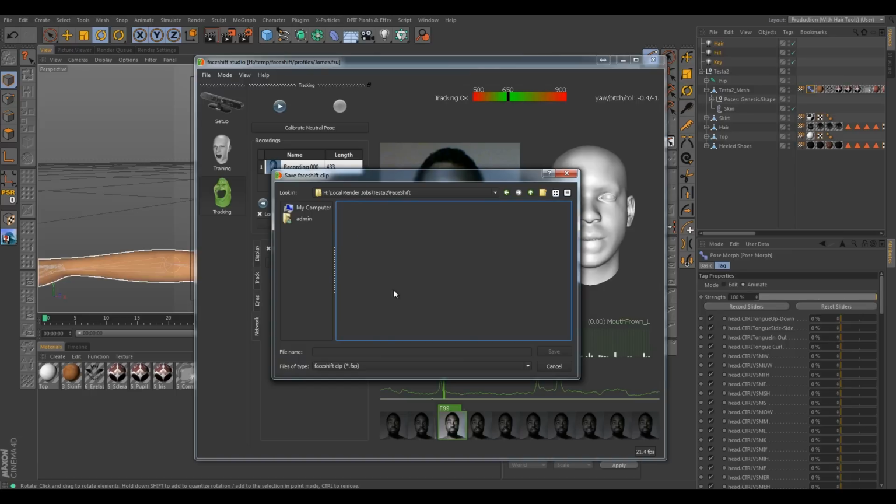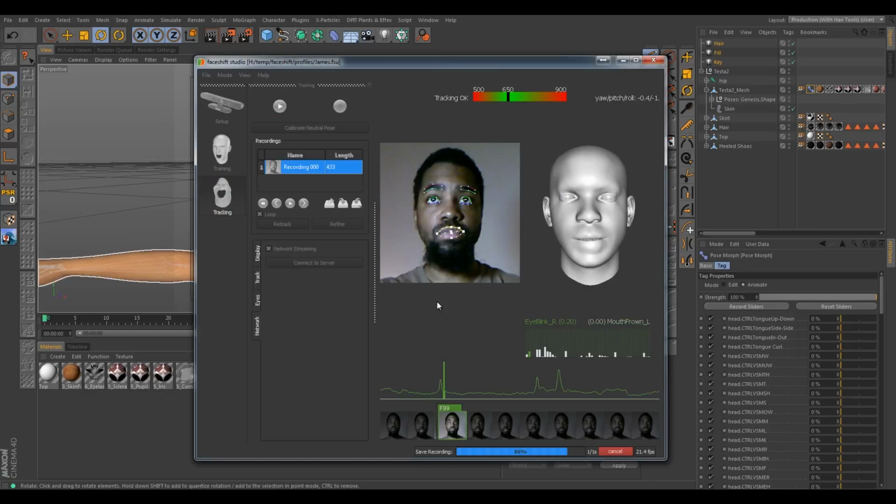By now you guys know how much of a stickler I am for organization. It really helps later in the process to help you find things really, really fast. And we'll just call this take 1 or something along those lines. And that's just going to save our Phaseshift performance. We can load that back up, and we can reuse this and go through everything in Phaseshift and clean everything up, and use all Phaseshift's powerful cleanup tools to kind of sort of clean this up.